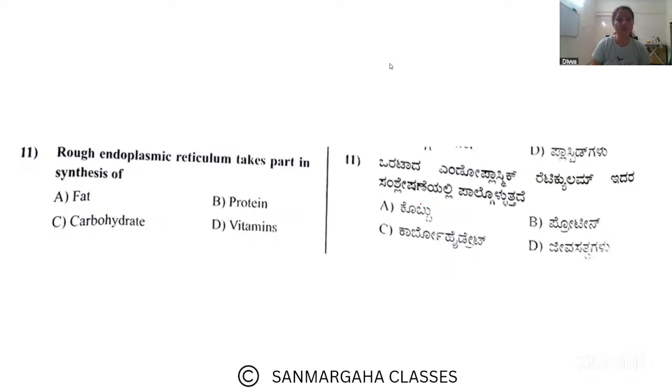Rough endoplasmic reticulum takes part in synthesis of which of the following? Okay, that means rough endoplasmic reticulum andre varatada endoplasmic reticulum